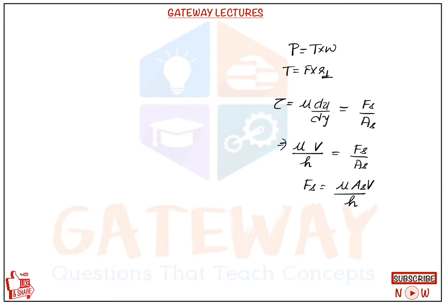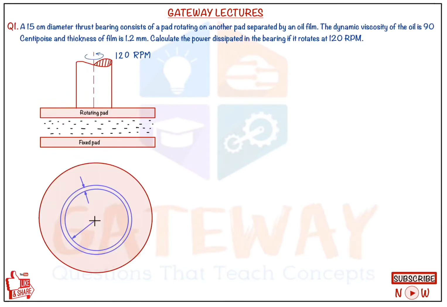That force when multiplied by radius will give the torque, but this equation whatever we derived will be used only when velocity is constant. If it is between two parallel plates, then the velocity will always be constant. But here in case of the rotating case, as we move from the center, suppose we consider point A here, point B here, and point C here. The velocity of A is not equal to the velocity of B, and that is not equal to the velocity of C because the radius is varying. But the omega is constant. V is equal to r omega. So as the radius increases, the velocity at that point increases. So Va is not equal to Vb is not equal to Vc.